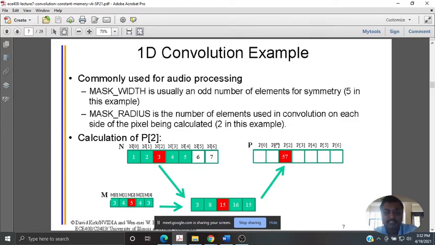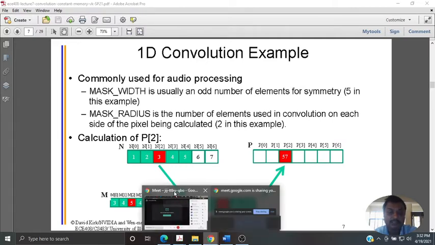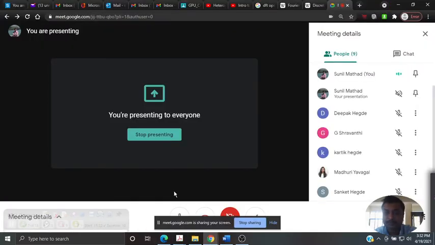If I consider P as the output of convolution, N is the input and M is normally stated as a convolution kernel in other textbooks, or in any other DSP textbook. But we are using a kernel for a different aspect in massively parallel programming. We are just stating it as a mask instead of a kernel, which is the normal usage of the terminology.